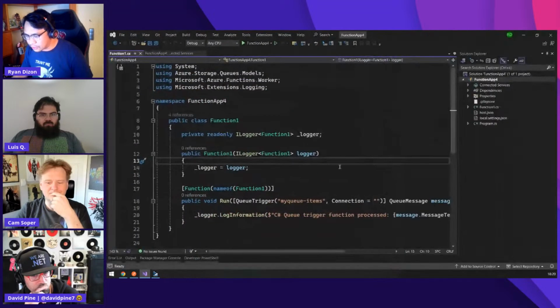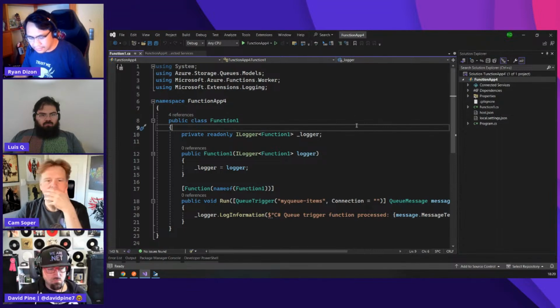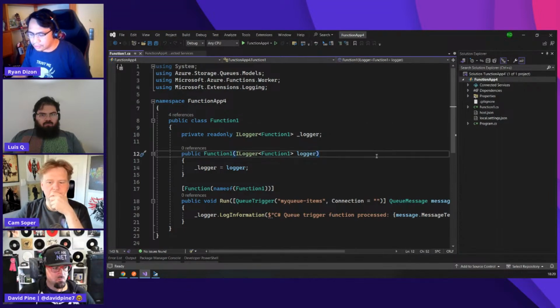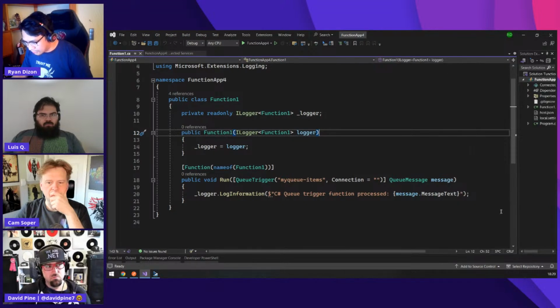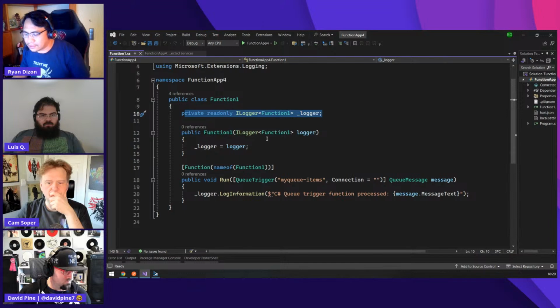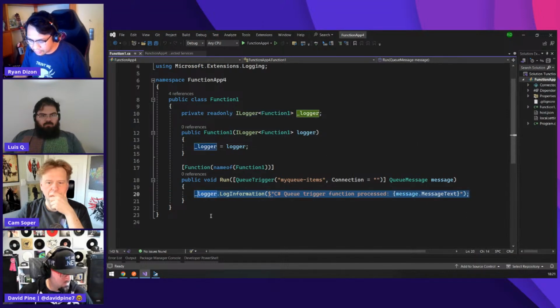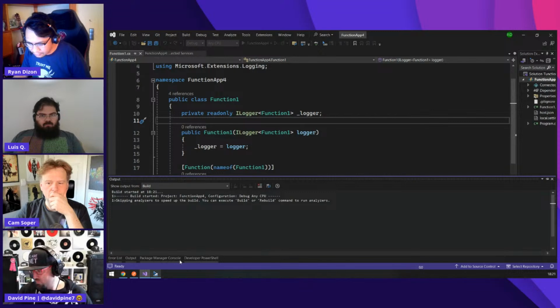So the first thing that you will see when you choose that template is this structure where you have this constructor for your dependency injection. In this template, you have this logger where it will just write the information. So let's just run that real quick so that we will see.